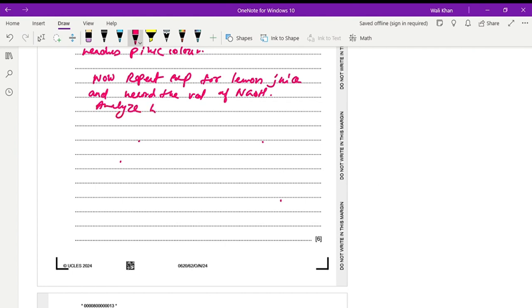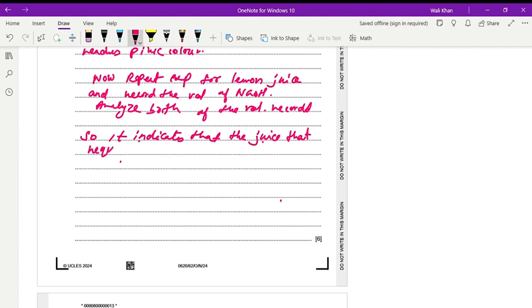Analyze both of the volumes recorded. So it indicates that the juice that requires more NaOH, sodium hydroxide,